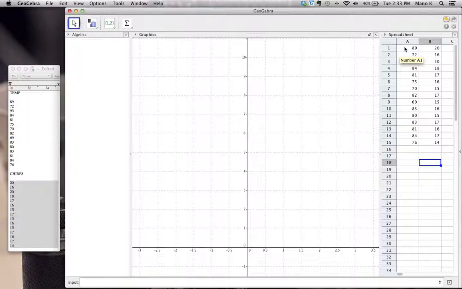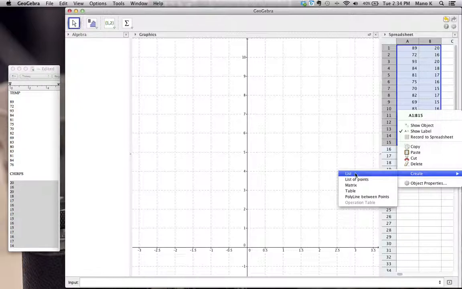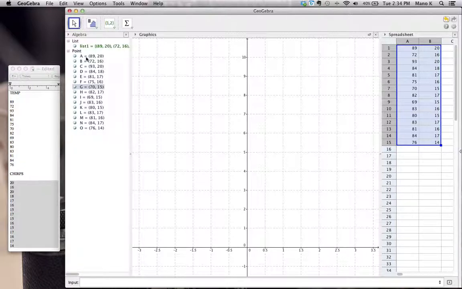So how am I going to do that? I'm going to select all this data here, make sure every one of them is selected, right click, go to create, and pick the second option which says list of points. Click it, and you will see all the points from A to O are created